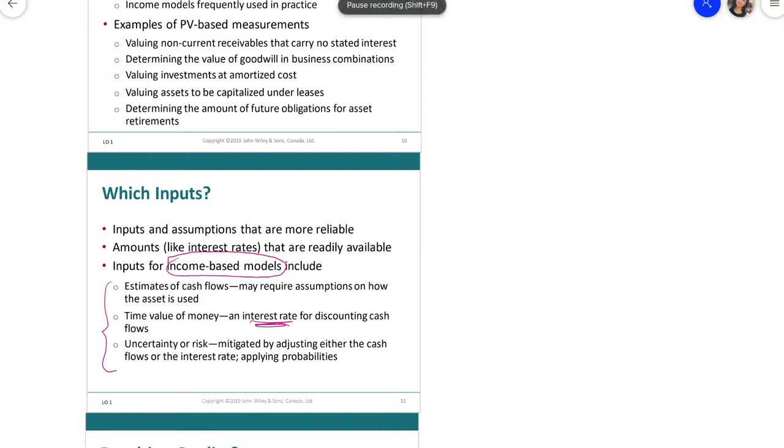Your input will be the interest rate. Your input in the income tax model could be a cash flow. Sometimes uncertainty or rate or risk is mitigated by adjusting either the cash flow or the interest rate, applying the probability. Sometimes we know for sure, we estimated the cash flow, but those cash flows are not 100%. If they're not 100%, we can maybe range it, that the probability of that cash flow will be this. Then we have to take probability into consideration